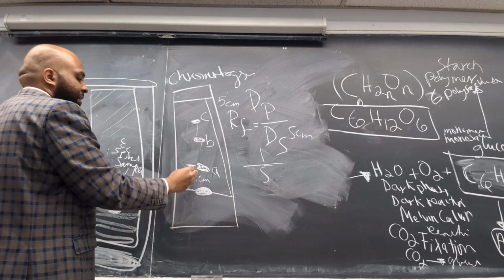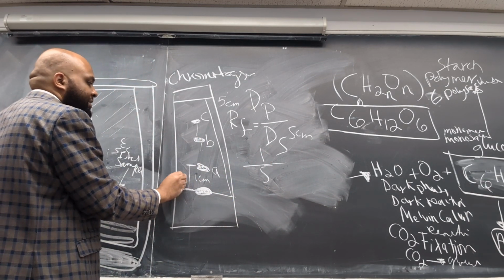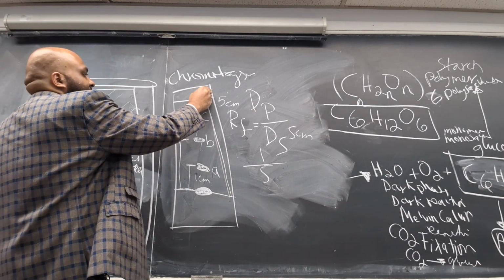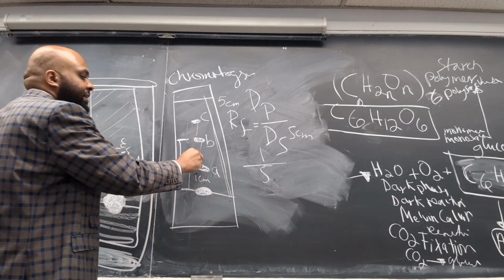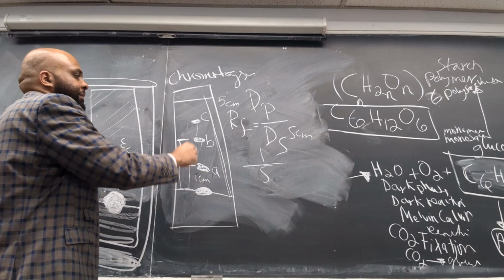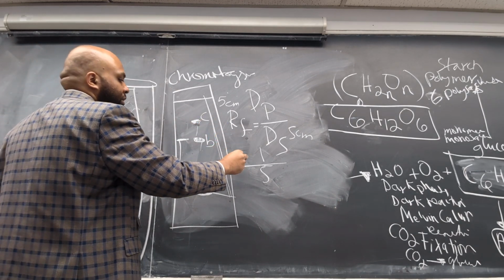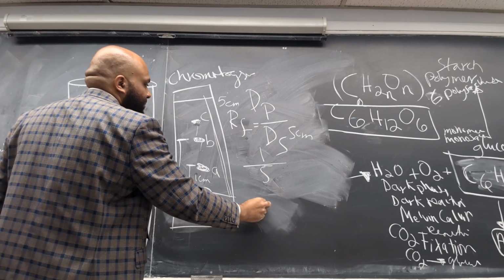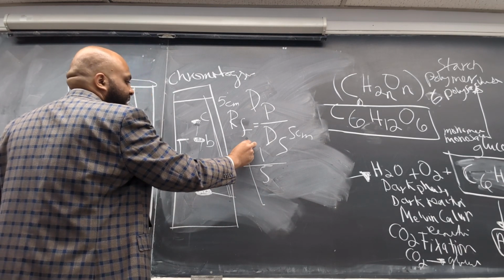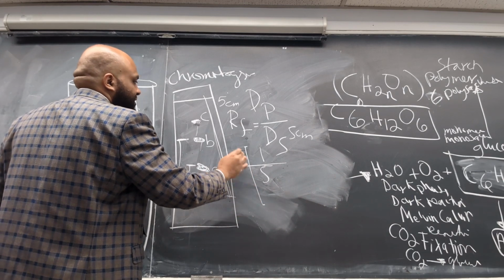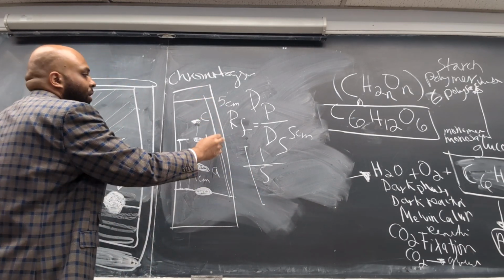And the same thing for B. You're going to measure from where it was to where it has ended, and divided by the distance traveled by the solvent, and that will be the RF for chlorophyll B. And the RF for chlorophyll C is going to be the distance traveled by the pigment chlorophyll C divided by the distance traveled by the solvent, and that